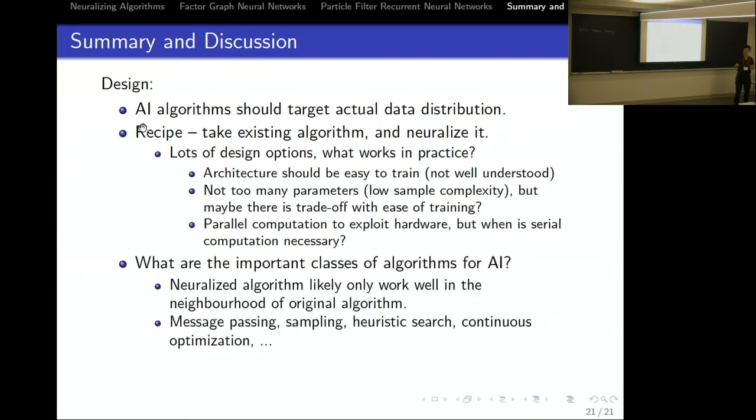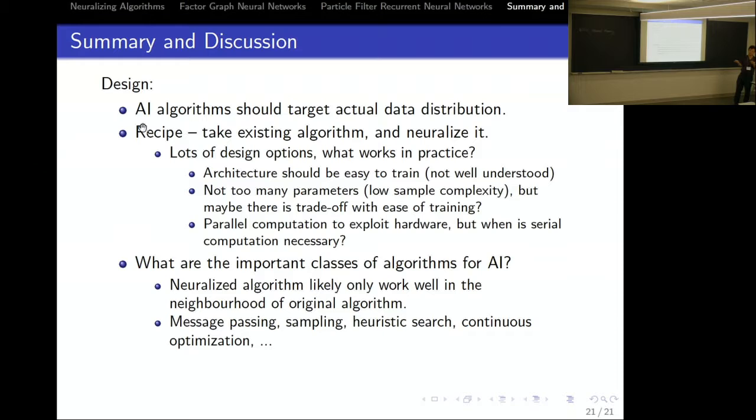Okay, so what might be interesting classes of AI algorithms? The two classes that we tried, I think they work well on different types of problems. One is a graph neural network, right? The other is a recurrent neural network type. I think that the algorithms only work around the neighborhood of those algorithms, whatever you call neighborhood, right? So we probably need many different classes of algorithms still, but hopefully we can improve them and target them towards real average case performance, right?